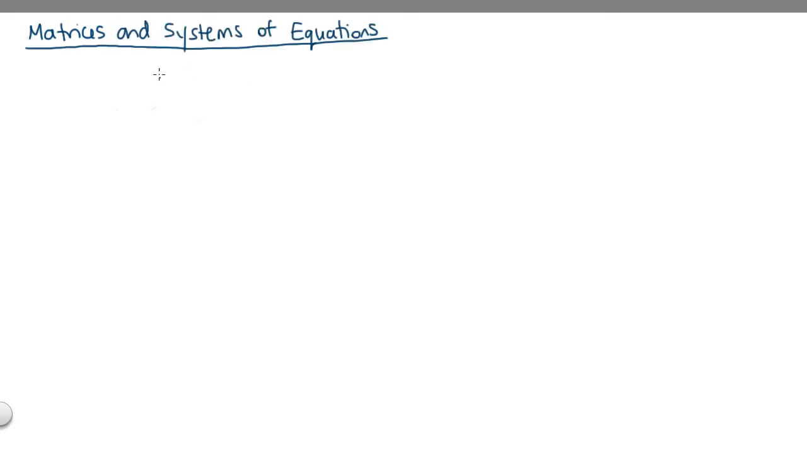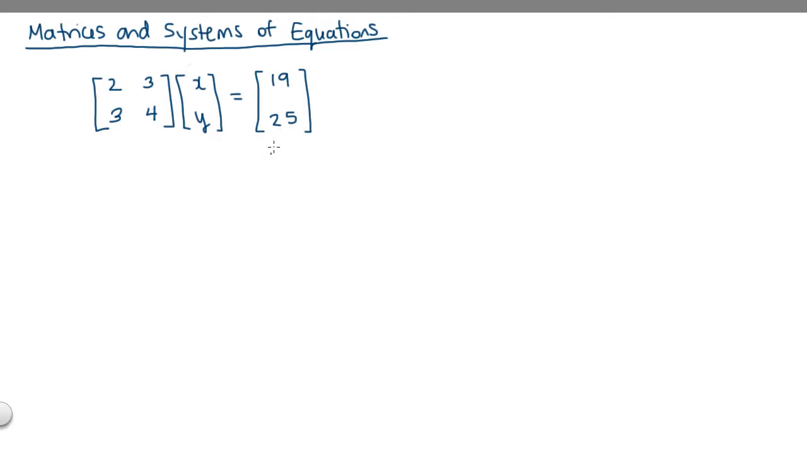In this video, we're going to take a look at matrices and systems of equations. Let's start with a matrix equation. Let's say we've got a matrix consisting of numbers multiplied by a matrix containing variables, and let's say that's equal to a matrix containing numbers. Now, if we multiply out the left-hand side, let's circle the rows of the first matrix